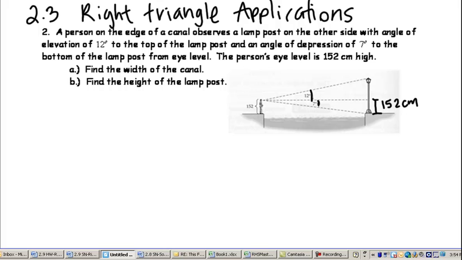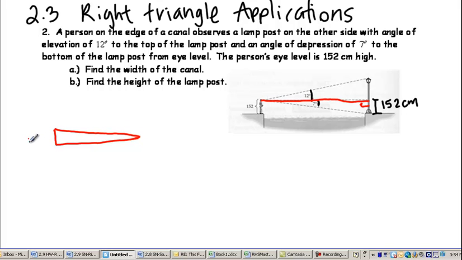Well, the first thing we need to do, we have to first find the width of the canal, which is actually the same distance from the person's eye level to the post. I mean, it's not 100%, but that's what we're going to use. Okay? So this is my right triangle here. Okay, so if I was to redraw this properly to where everyone can see it,